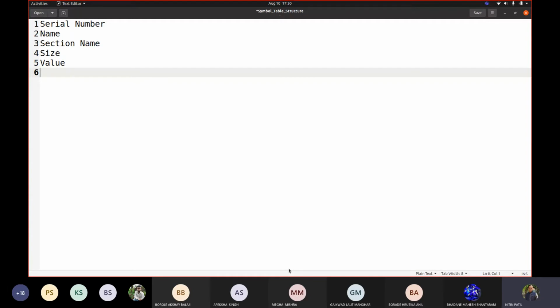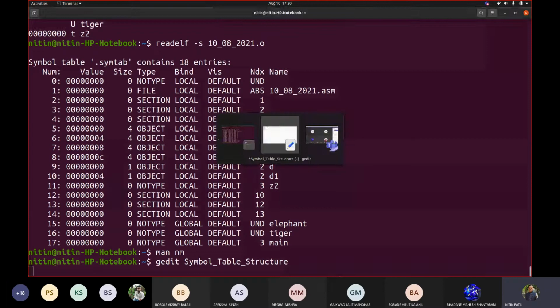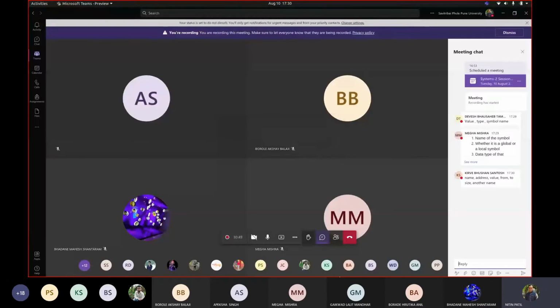Any other thing that you think should be part of it? Somebody is typing. Mega Mishra said name of the symbol, whether it is global, local, data type of that, name, address, value, from, to, size. Okay, Bhushan, can you please tell me what exactly you want to mention with from and to size?